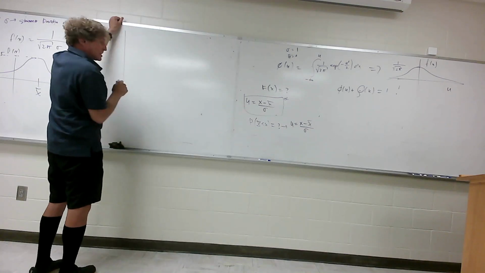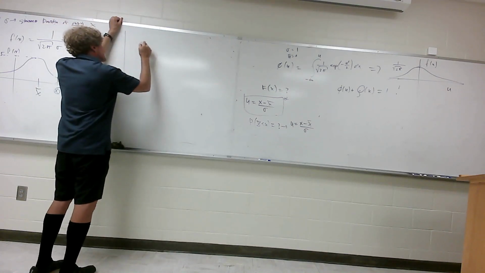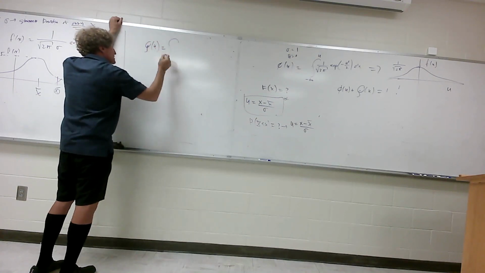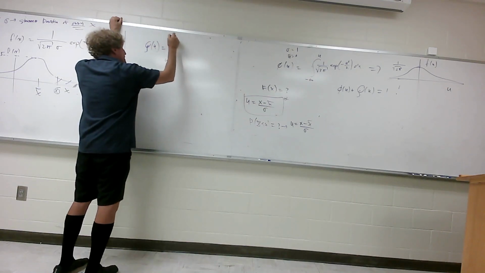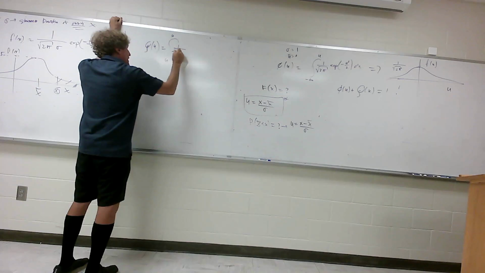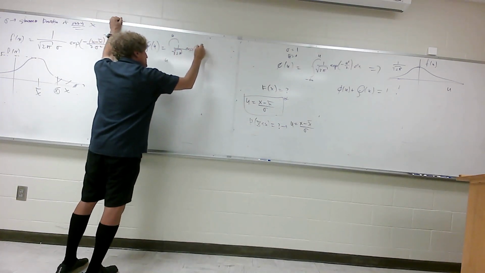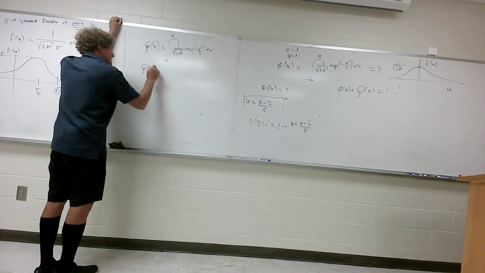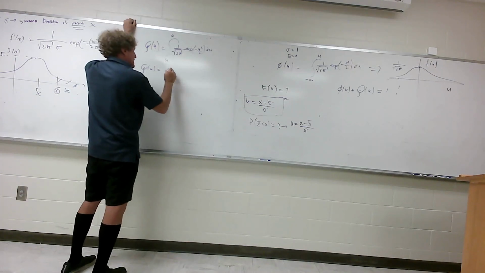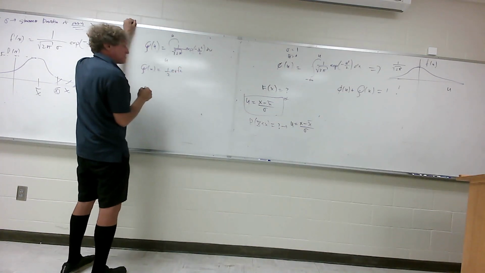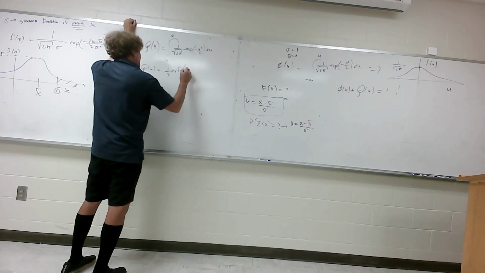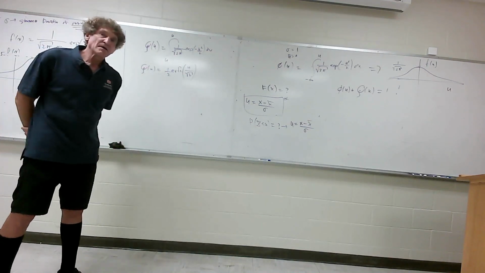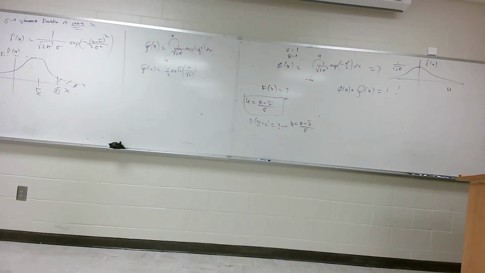So now, when I take a look at this, you can write this down. This is the Q function of u, which is equal to the integral from u to infinity of 1 over the square root of 2 pi exp to the minus u squared over 2 du. This function is actually equal to 1/2 times ERFC, a complementary error function, of u over the square root of 2. Take a moment, see if you can find this function, ERFC, or ERF,